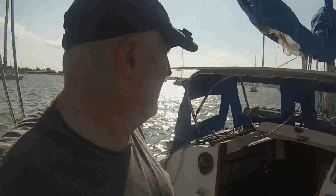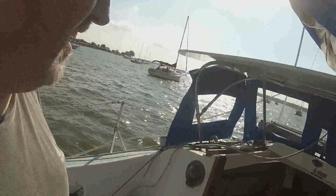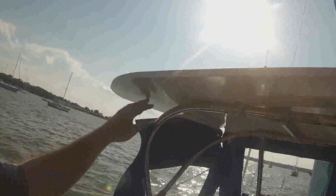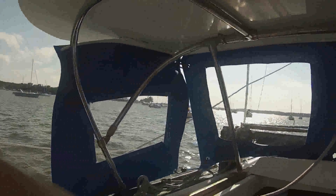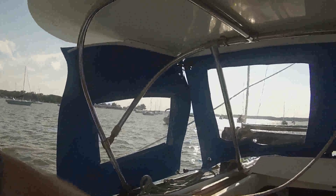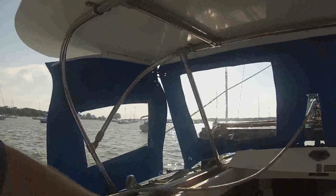Alright, so here we are. This is the final mock-up, so to speak. Overall, I'm happy, I guess. You can see, I have to get that extra set of track to tidy that up a little bit. And there's more of a gap on the corners than I anticipated. And I'm not sure why. I guess it's because when I measured, obviously I didn't measure correctly, I didn't measure a triangle